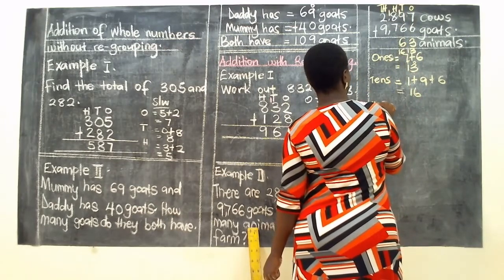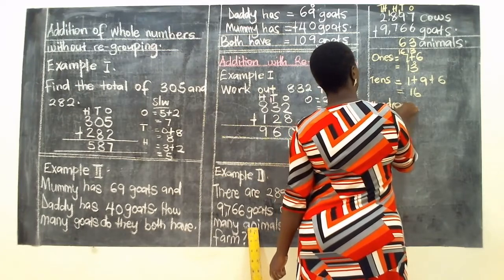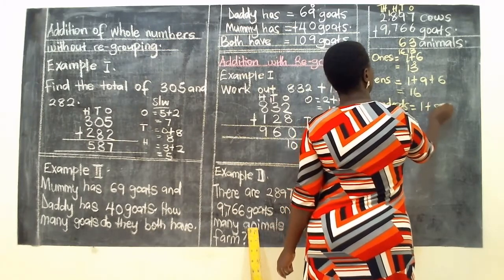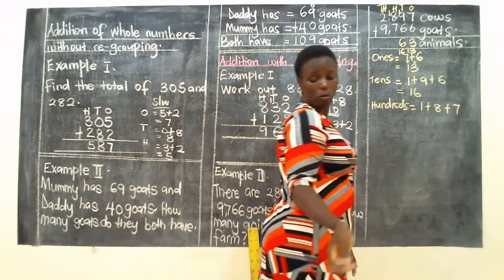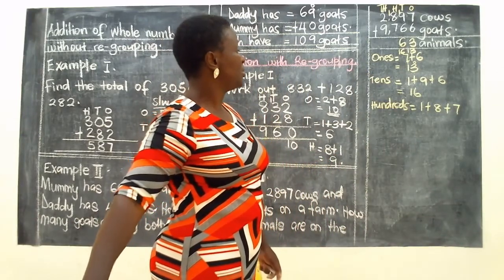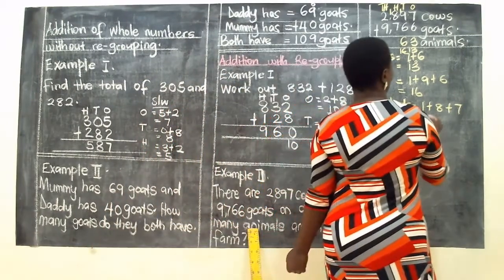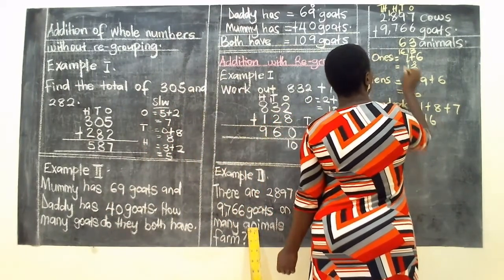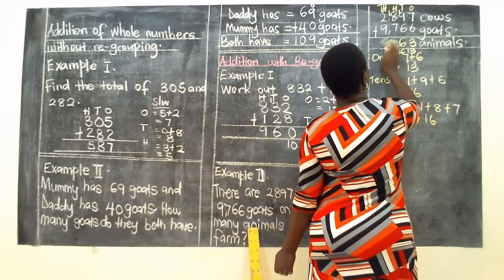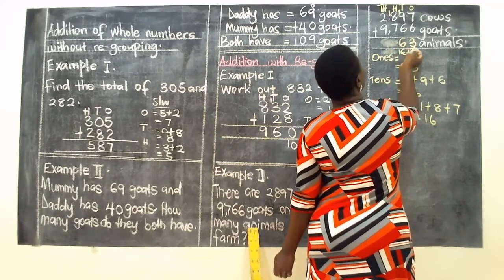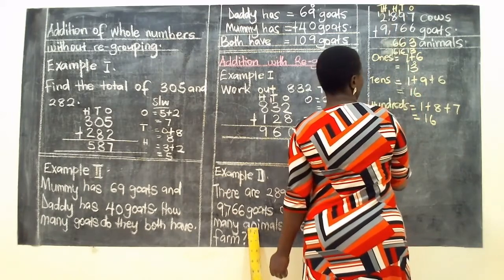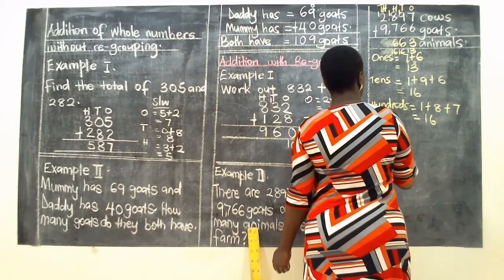In the hundreds, we shall have 1 plus 8 plus 7. 1 plus 8 is 9. And 9 plus 7 is 16 still. So we have 16 under the hundreds. We write 6 and carry 1. And lastly, the last place value, which is thousands,